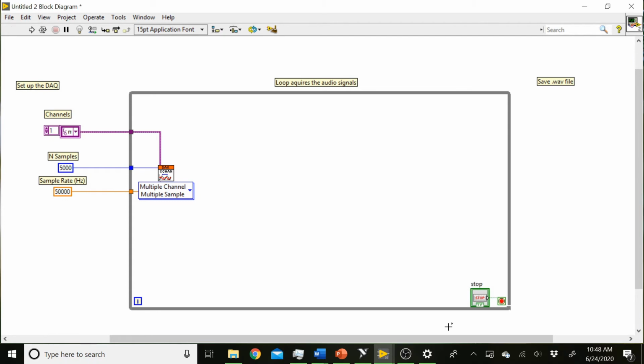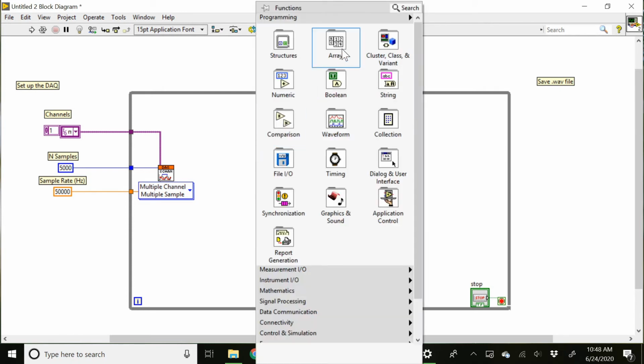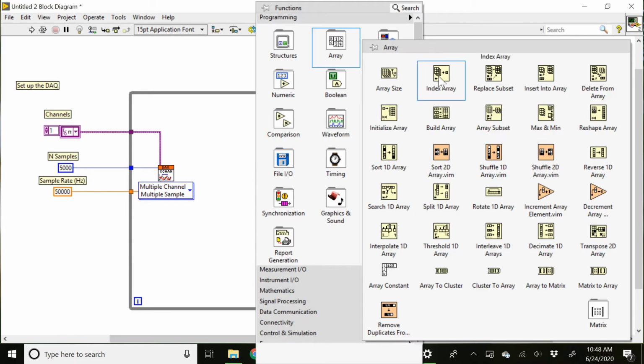All right. So here's our data coming in as an array of waveforms. The easiest way to deal with this is to split the audio left and audio right channels apart so that you just have a single waveform. And then you can use your waveform data type manipulation tools like the append waveform block on each channel independently. So the way we can break that array up is to use the index array block. So come out here, go to array, index array,